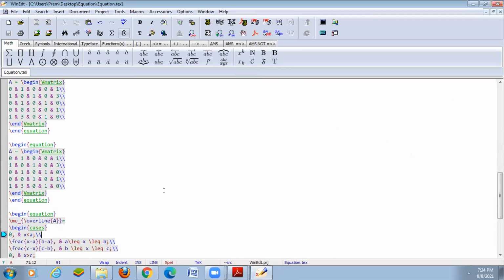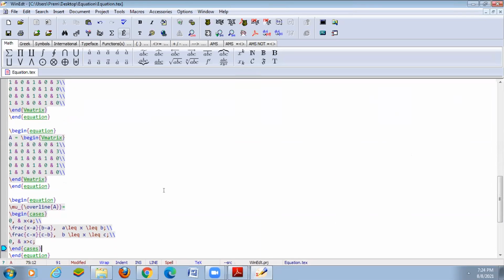Suppose you are not using the ampersand symbol, then they are not properly set in the braces. Suppose I delete the ampersand symbol in each and every line, they will be displayed in a single line, so they cannot be properly aligned in the braces.